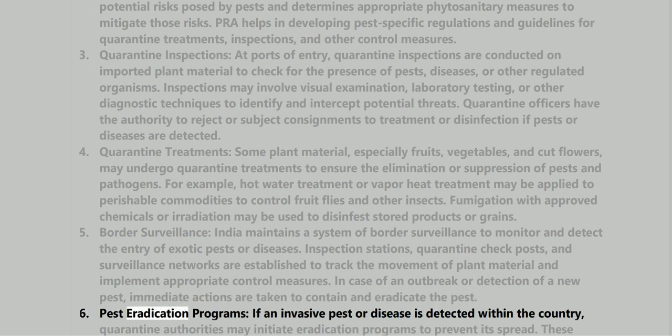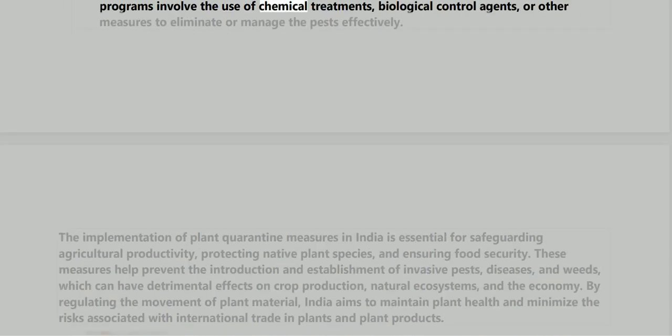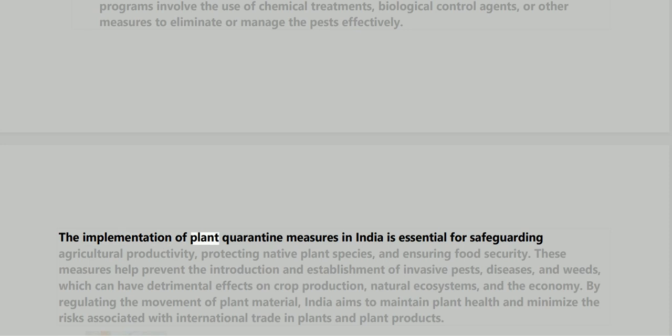6. Pest eradication programs. If an invasive pest or disease is detected within the country, quarantine authorities may initiate eradication programs to prevent its spread. These programs involve the use of chemical treatments, biological control agents, or other measures to eliminate or manage the pests effectively. The implementation of plant quarantine measures in India is essential for safeguarding agricultural productivity, protecting native plant species,